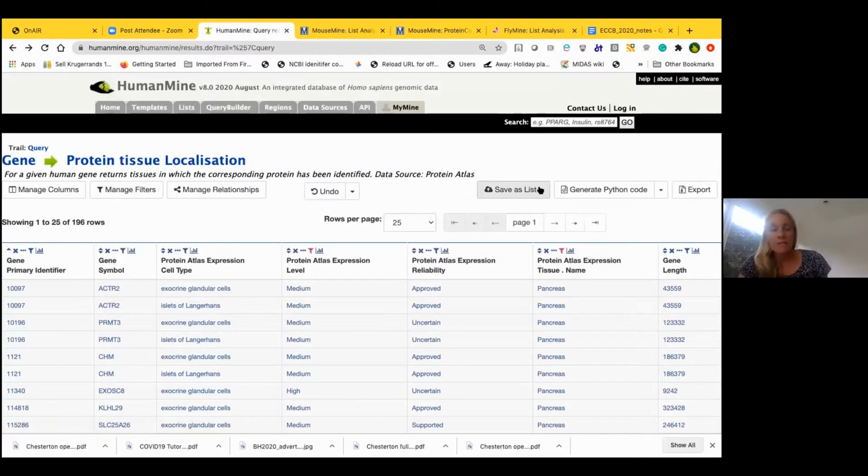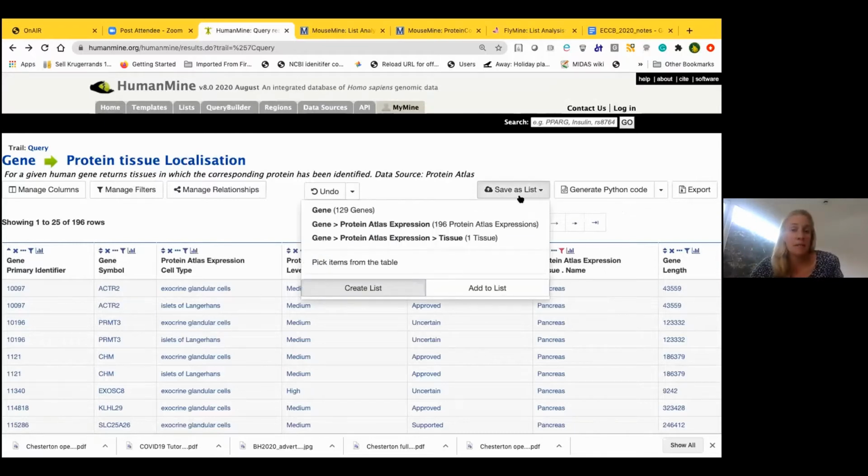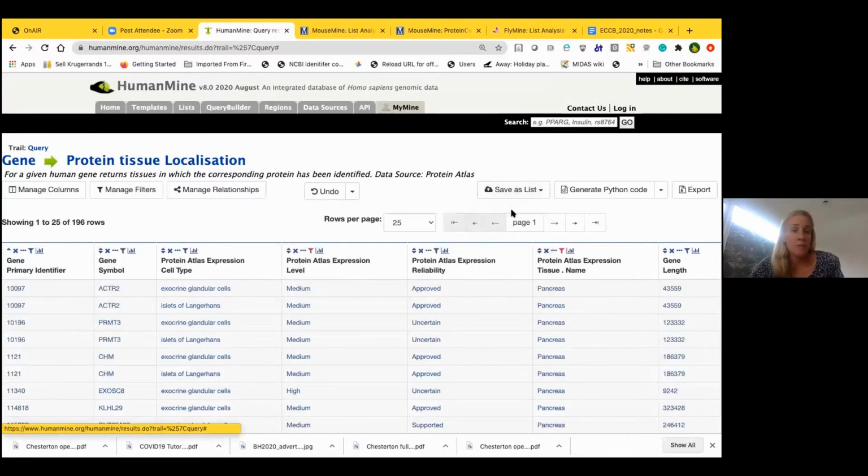And finally, save as list. This is a really nice feature. So here we started off with our gene list. We have returned for those genes, those that are expressed in the pancreas. And now if we want to carry on analysing that set of genes within InterMine, we want to save that set as a list. So we can save out our 129 genes,